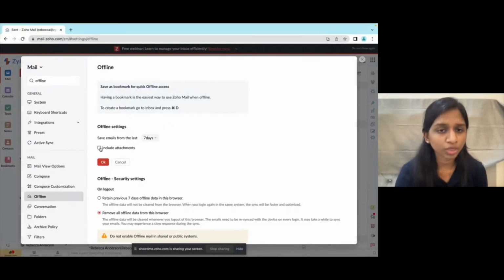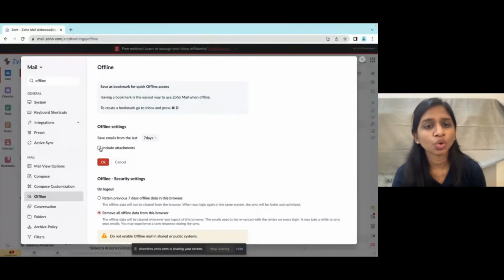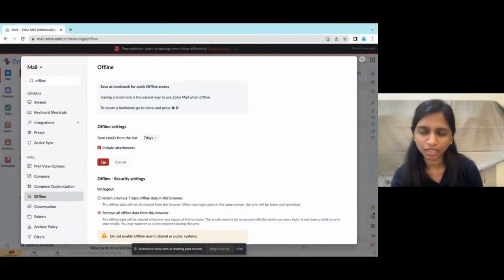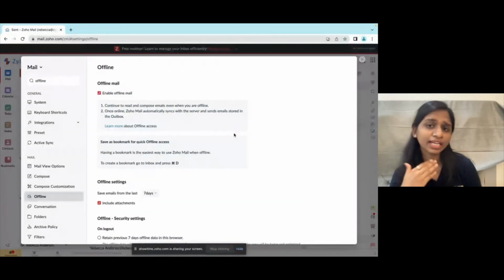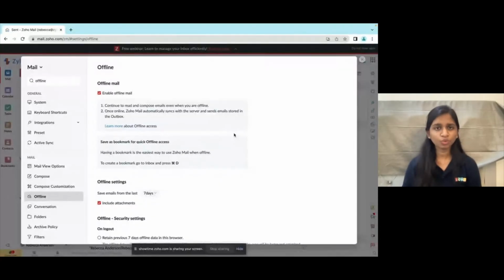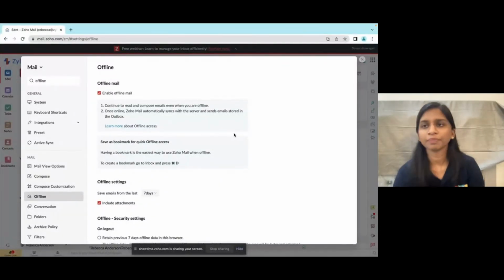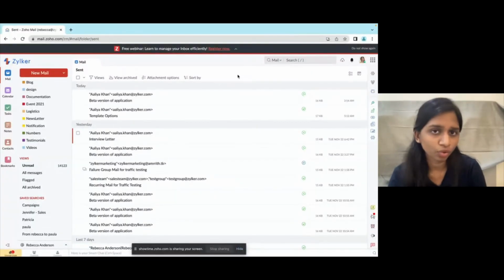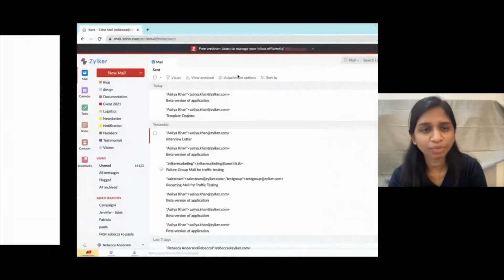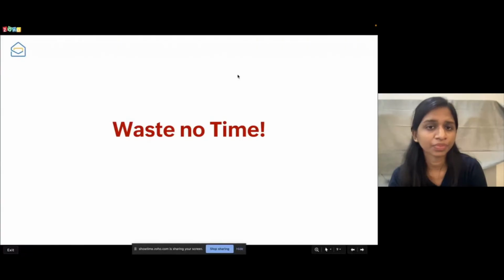If you want to include attachments as well, make sure to enable this option and click on OK. So once this is done, even the attachments will be loaded and kept ready for you when you go offline. So you don't have to waste time when you don't have your internet connection. So that is about this particular section. And waste no time,